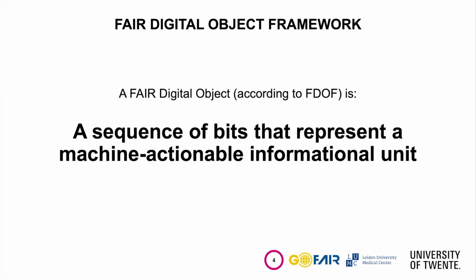Of course, larger FDOs can be composed of smaller FDOs as long as the smaller FDOs that are part of a larger one have an informational value by themselves. An example would be a repository, which is an FDO by itself, and this repository contains a number of datasets or metadata, whatever the repository contains, which are other FDOs as well. And this should be represented using some kind of containment structure that you can relate one FDO to another one using some specific relations that are relevant according to the situation.